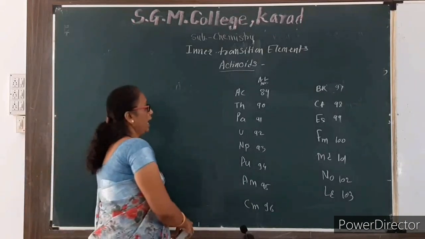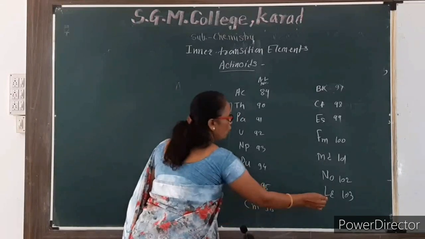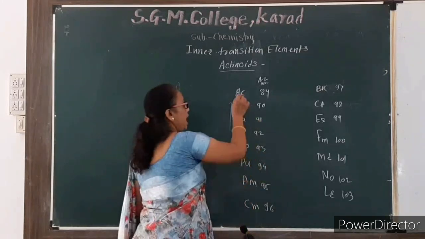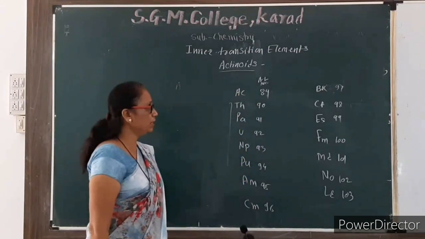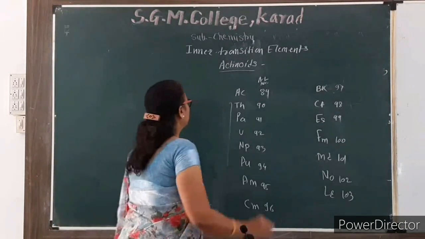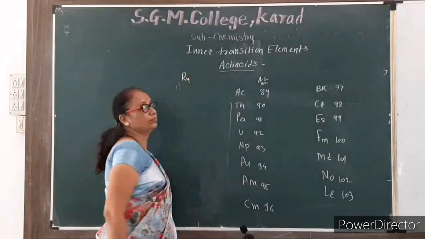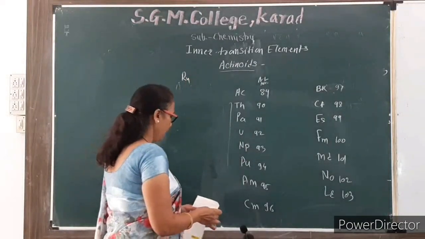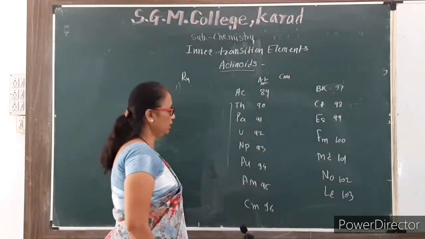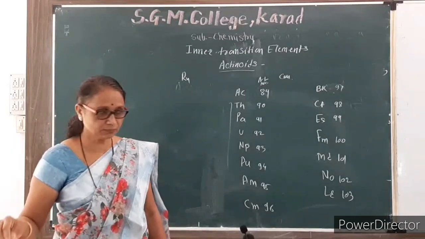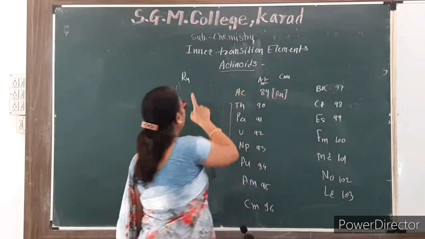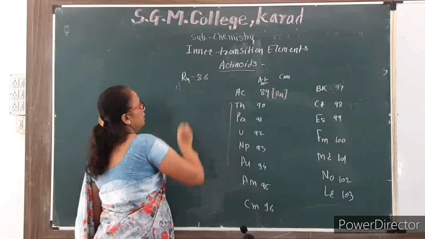As these are from thorium to lawrencium, these are the inner transition elements or the f block elements, but actinium is not an f block element, it is a d block element. The nearest inert gas of these actinoids is radon, which has atomic number 86, and the configuration of actinium is radon, that is the configuration of radon with atomic number 86,